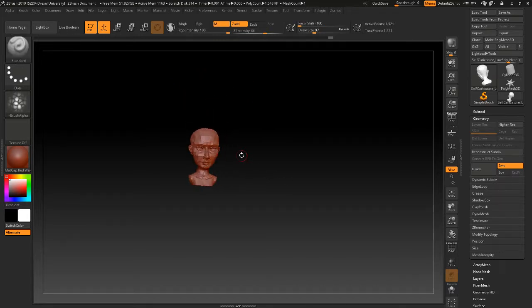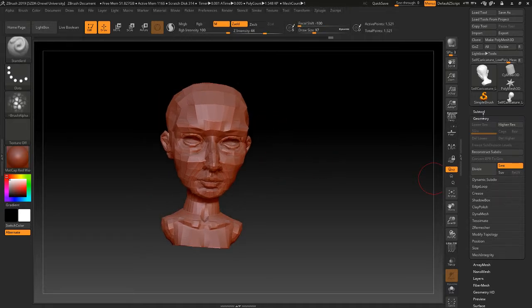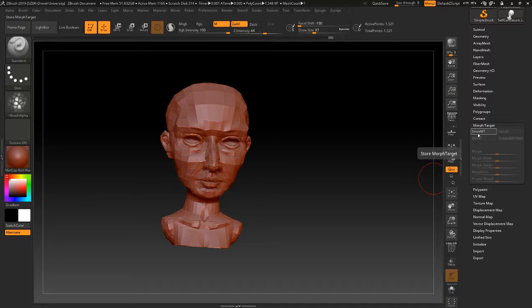The first thing I want to do before I start sculpting, if you know you're going to be exporting texture maps from this, is over on this right menu bar, there's a drop-down called Morph Target. If you click into that, you want to click this Store MT button. Basically what this is doing is saving a copy of your mesh so that once you sculpt all over it, you have a copy of the original that is from Maya that you're presumably going to be rendering on, and it's going to tailor the displacement map for that model rather than the slightly modified